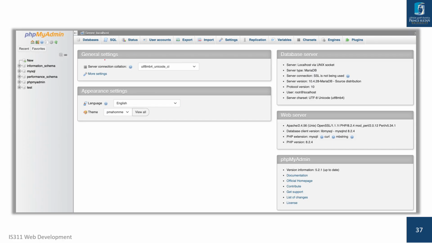And then here you can click on the database. And then we need to add a new database, because these databases, which are already there inside the MySQL installation, are used for the MySQL. Of course, we can use them, but to make it simple, we are going to create our own